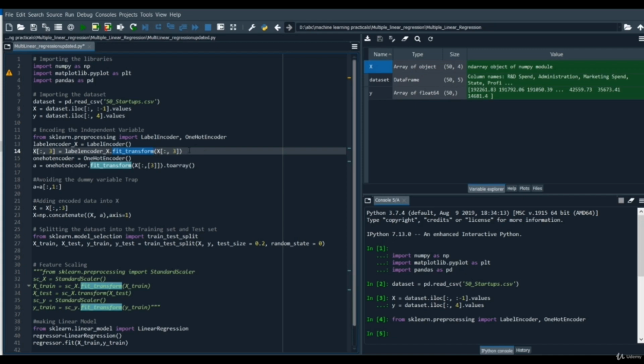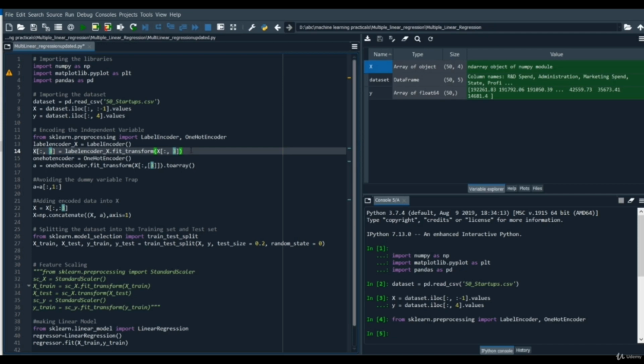We need to apply it on the third column, so we pass only the third column. We use the independent variable X, and in the square brackets we assign colon for all the rows, comma 3 for only the column at index 3, and then we store this back in the column at index 3.